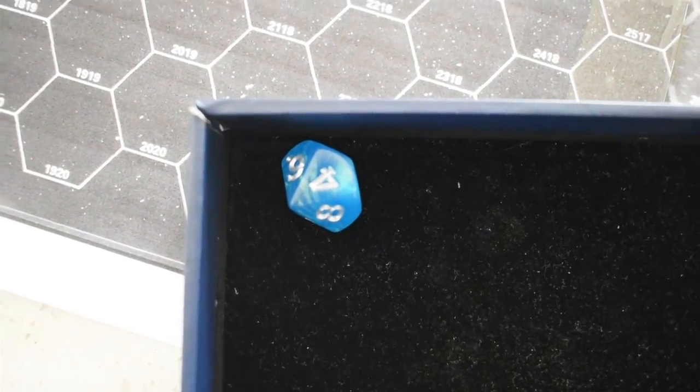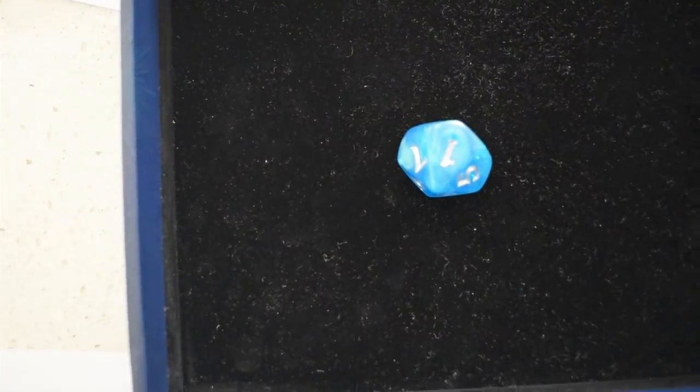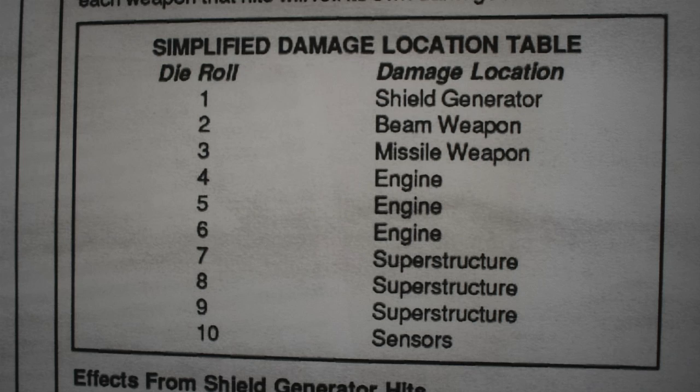Hits and does 4 points of damage, and we roll for simplified damage. So that was on the shield generator, already been hit, so it gets replaced with the superstructure. Basically on the simple damage chart, if something is gone, then you just take that off and replace it with superstructure. Engines, when they get hit, they lose the amount of energy for the damage being taken if the engine